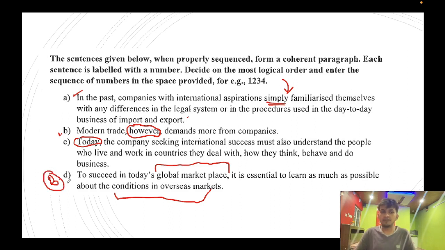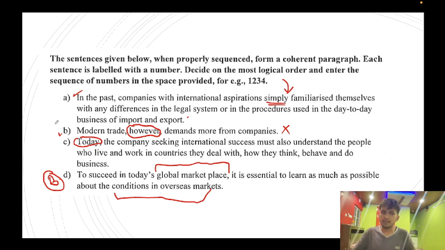What is next? We need to figure out the ending, right? Definitely they are not going to end with this, okay? And by looking at the chronological order, since he is starting with a sentence that talks about succeeding in today's global marketplace, it is most likely that in the next sentence he is not going to talk about what is happening today, because he is giving a general introduction, right? What is to be done to succeed in today's marketplace? So he is going to talk about what happened in the past first,